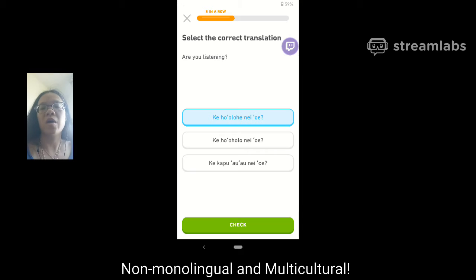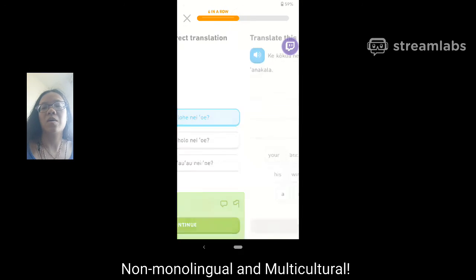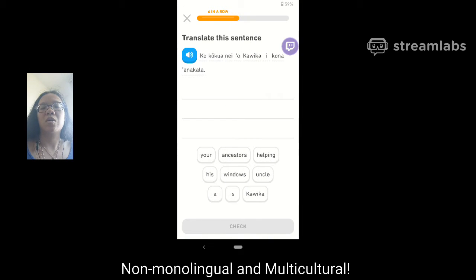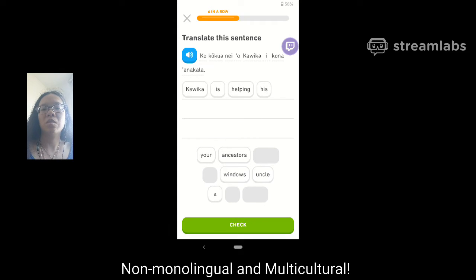Ke kokua nei o ka wika i kona anakala. Okay, Kawika is helping his uncle, Anakala.